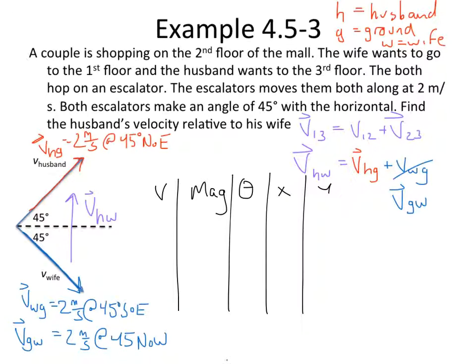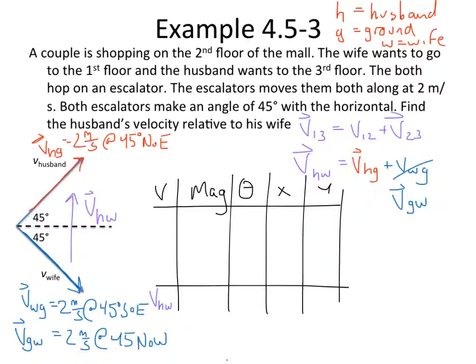Kind of cram that in there like that. I think I'll try to save some space for our final values. All right, so we're trying to get the velocity of the husband from the vantage point of the wife, or with respect